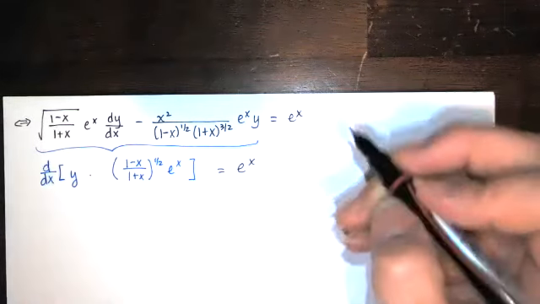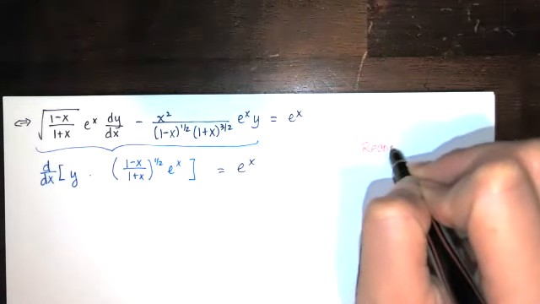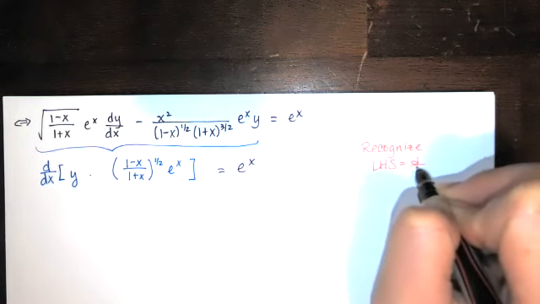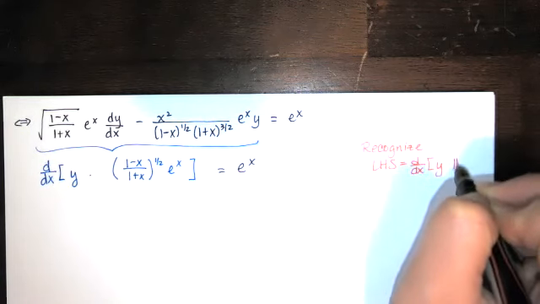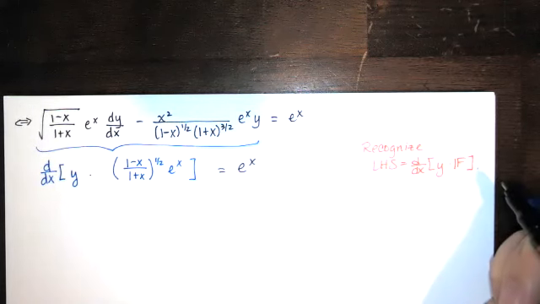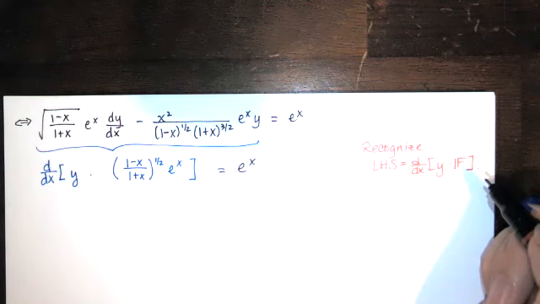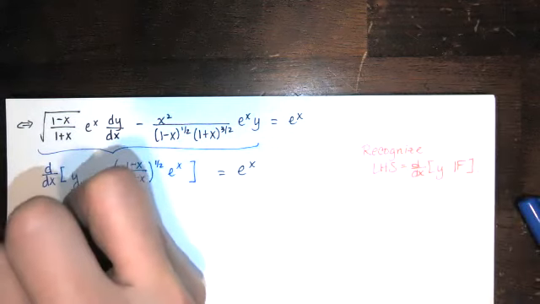So that is our next step. We're just recognizing that the left-hand side is the derivative with respect to x of y times our integrating factor. Now, you should check that out and make sure it actually works. And it turns out that it does work this time, but just to check,